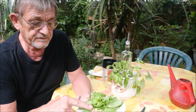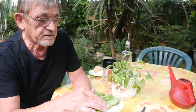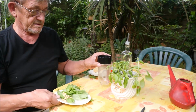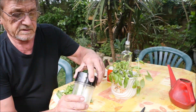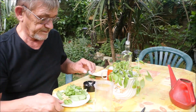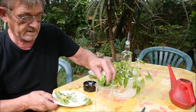So I've toasted the little nuts there. In there somewhere I've got the garlic, and I've just chopped that up a little bit. So with that, I'm going to put this into this sort of mini food processor, if you like. Can you see that? There we go. So if I put all of these in there,